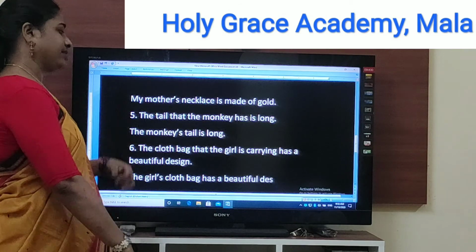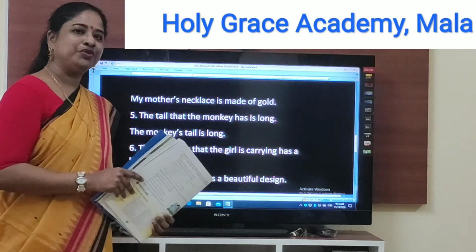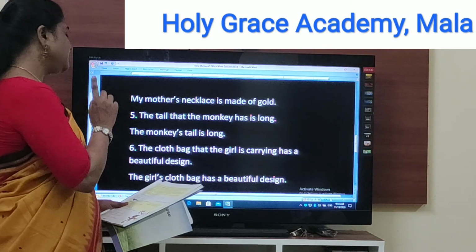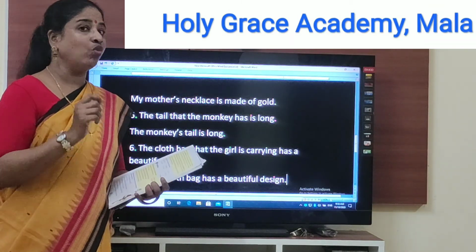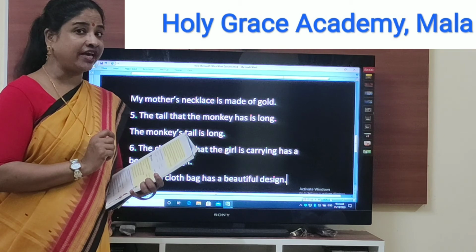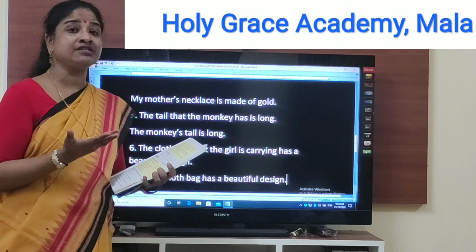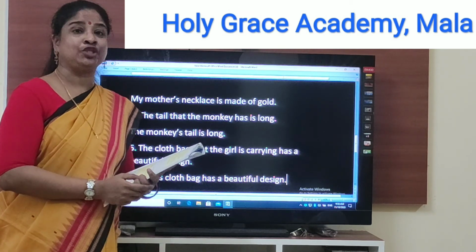Full stop. So did you see that? The girl's cloth bag has a beautiful design. So what is the use of this apostrophe S? It helps us to make the sentences short.